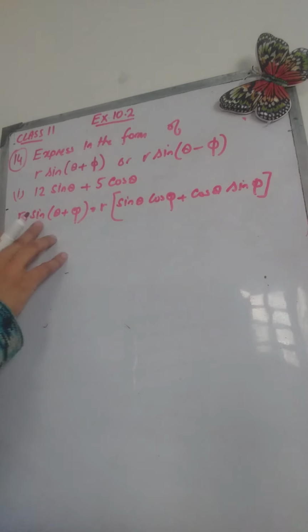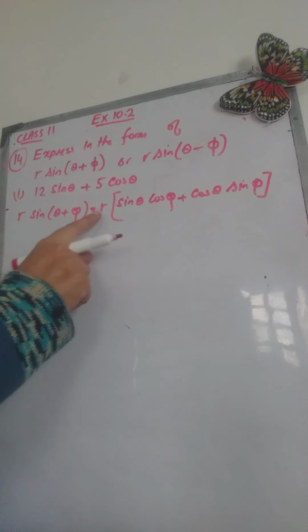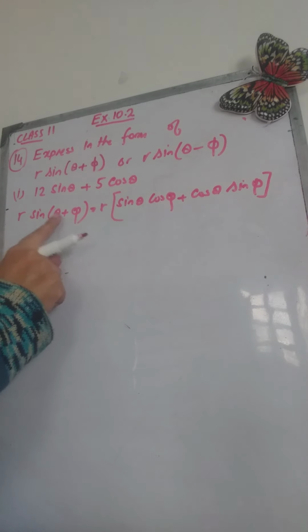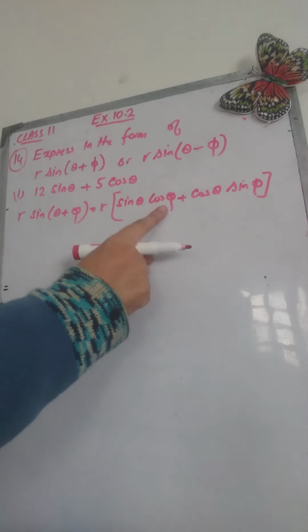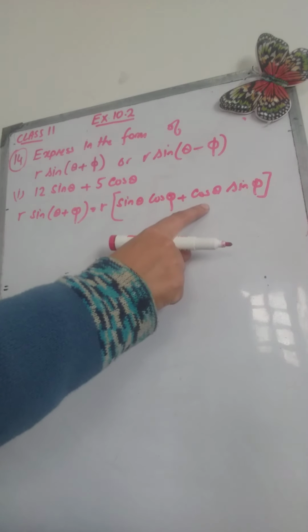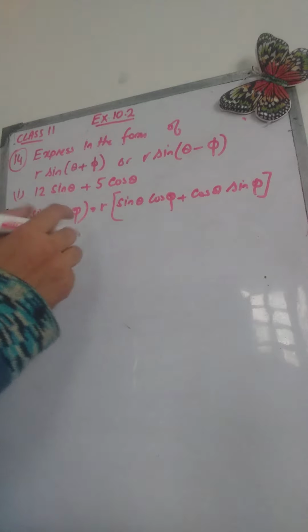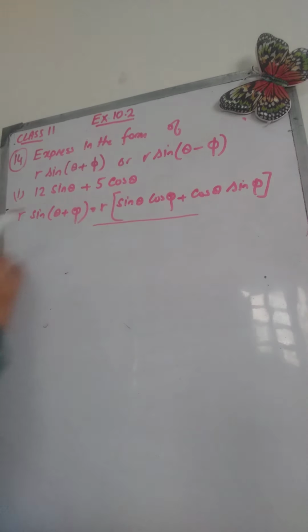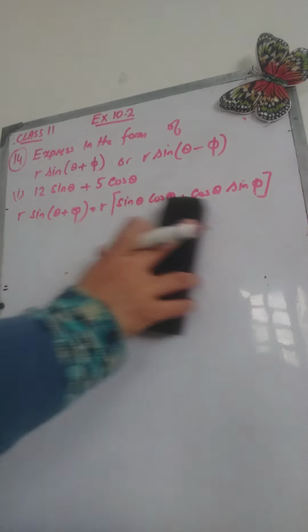According to the identity sine alpha plus beta, this is r, and sine theta plus phi will be equal to sine alpha cos beta plus cos alpha sine beta. Okay, so if we apply this identity and then multiply the brackets,